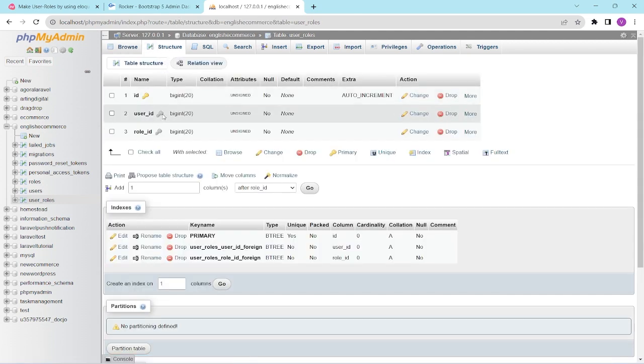See, it has a foreign key. Basically we are using an index over here. It is basically a foreign key, from which table? user_id, see this user_roles_user_id, we are using here a foreign key, and its column name is user_id. So as we already mentioned, it is from the users table, right? So I will show you after that when we create the user and attach this role to the user, what it will actually do,